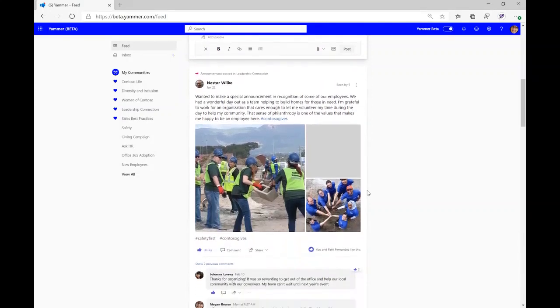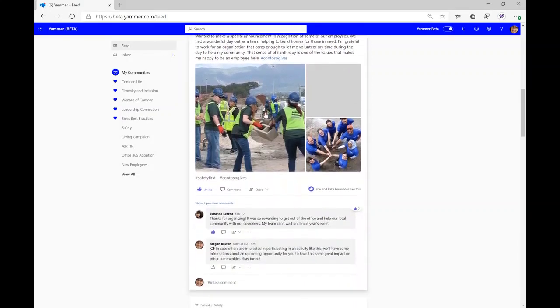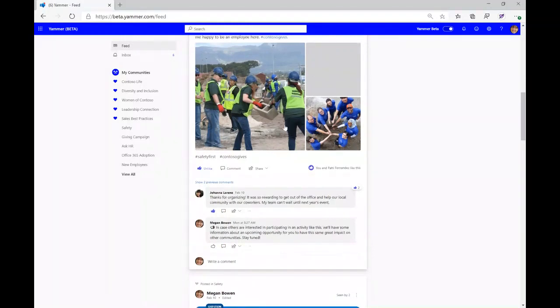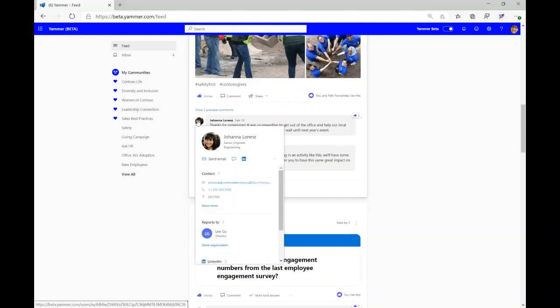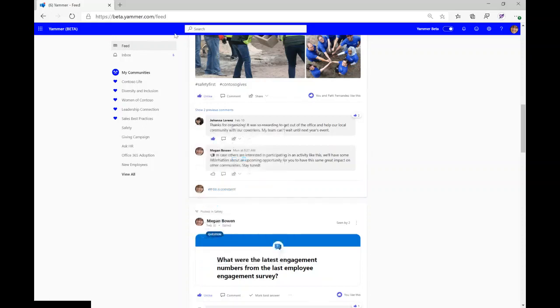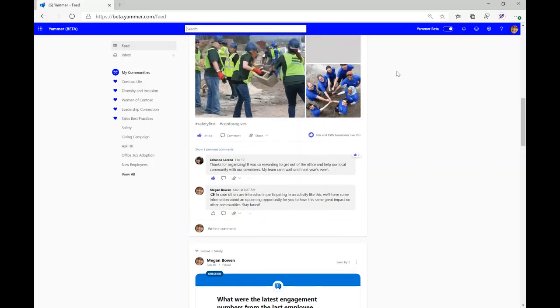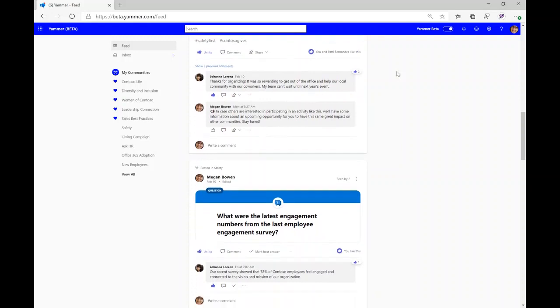And as I scroll down, I can see announcements from my different communities. I can see how some of these conversations look. And if I hover over a profile, we now pull the Yammer profile from the same Office profile that the rest of the Microsoft apps use. And this just helps us bring a further cohesion to the overall suite. And similarly, as you may have noticed at the top, we're now sharing this universal search bar and this universal navigation bar. And of course, this can be customized and set to meet your organization's needs.